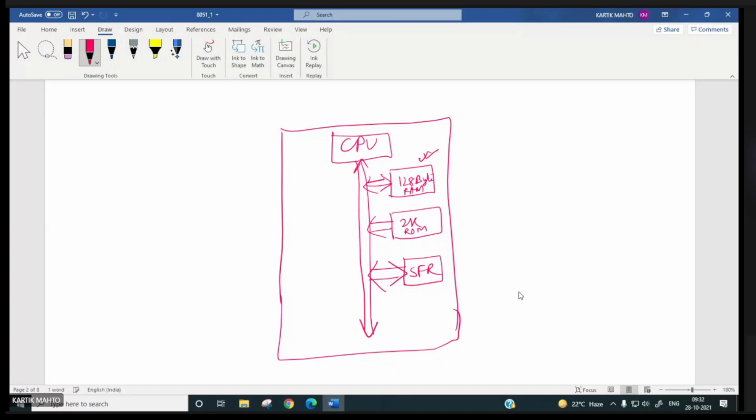For addressing the 128 byte RAM, you need a 7-bit address.